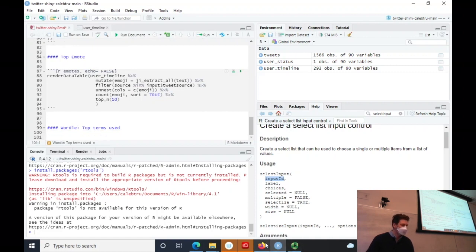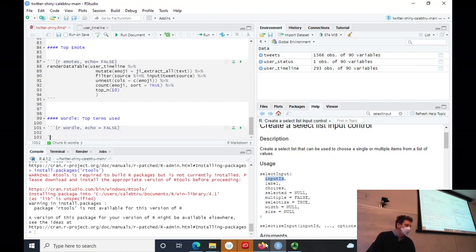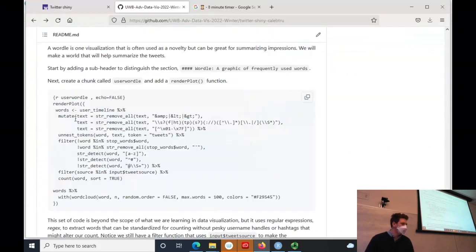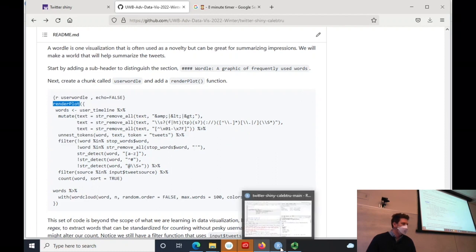And again, we're going to build with the R chunk. So 3 backticks, a curly bracket, R, and then I can call it something like Wordle or word cloud, echo equals false, and some new lines, and close my chunk. Okay, and then within this Wordle, again, it's going to be a render plot. This one's going to be a little different. It's going to be called,